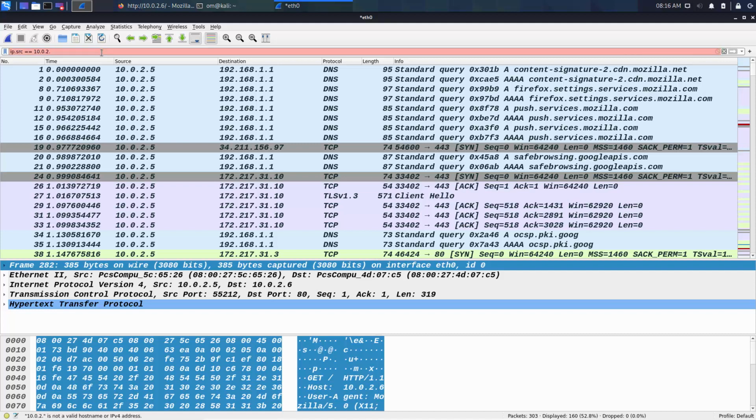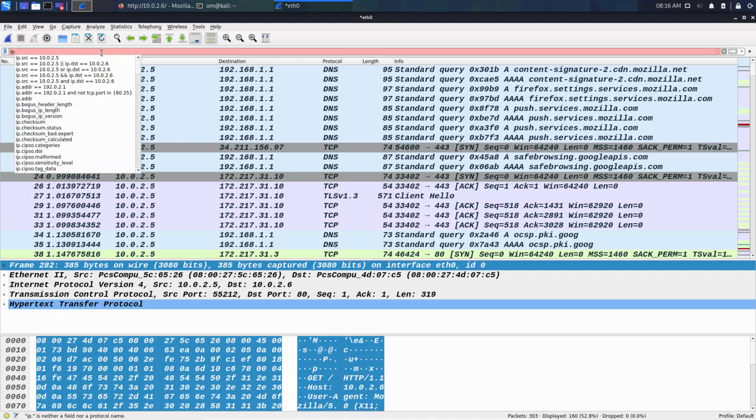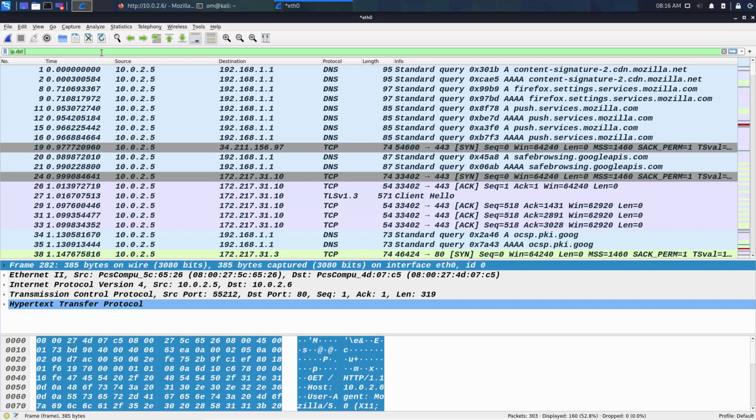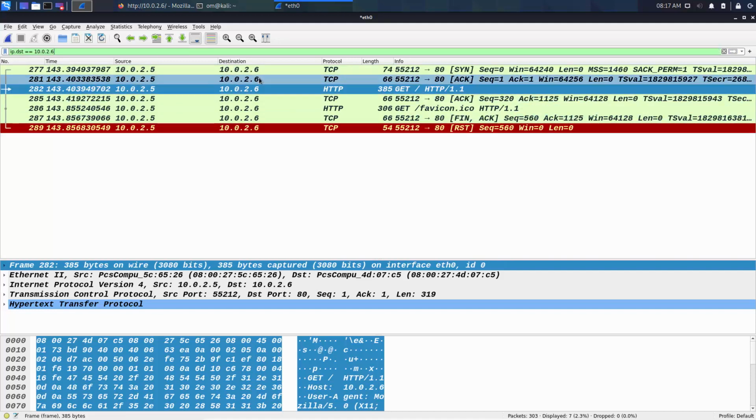Instead of ip.src, we can also do ip.dst, which stands for destination. So if the destination IP address is equal to 10.0.2.6, this will show us all the traffic which is being sent by any IP address to the 10.0.2.6 IP address. And we can even combine two filters together. Okay, so let's say that